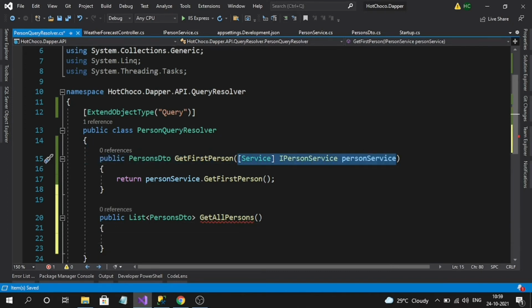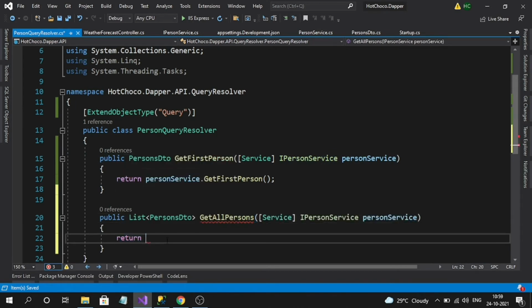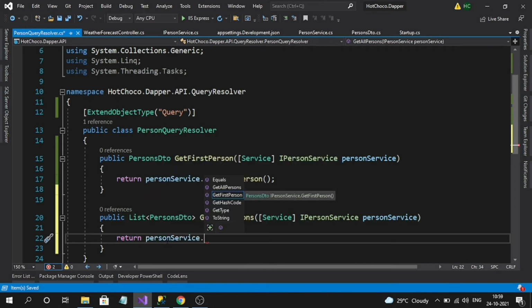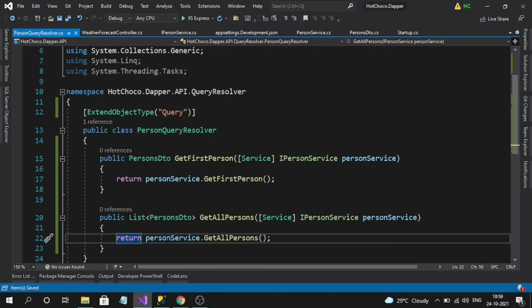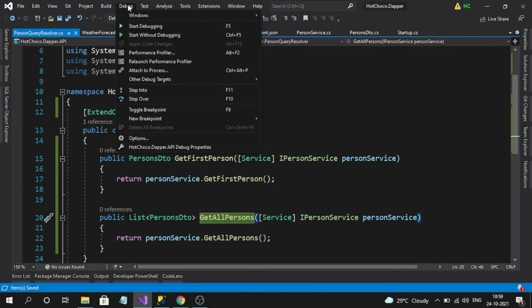We can inject the service here. Okay, and I simply return them, all persons. Now our method name is get all persons, right? Now how it will generate a query means small a, all persons. It will exclude the get method. Okay, so let's rerun the application again.